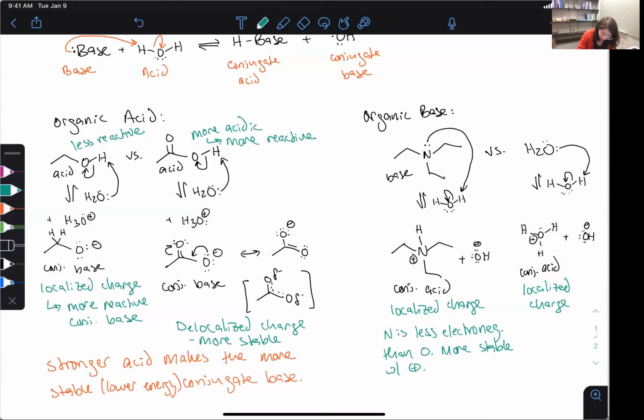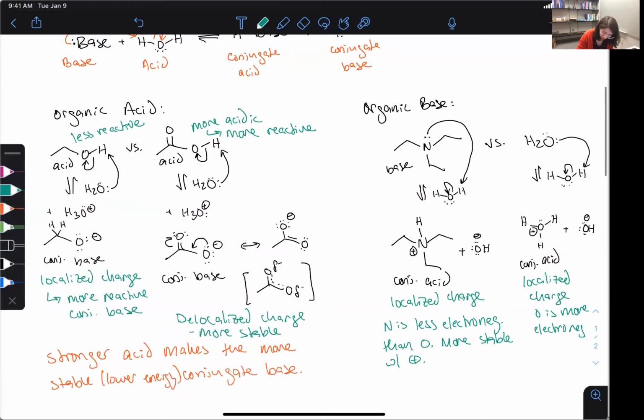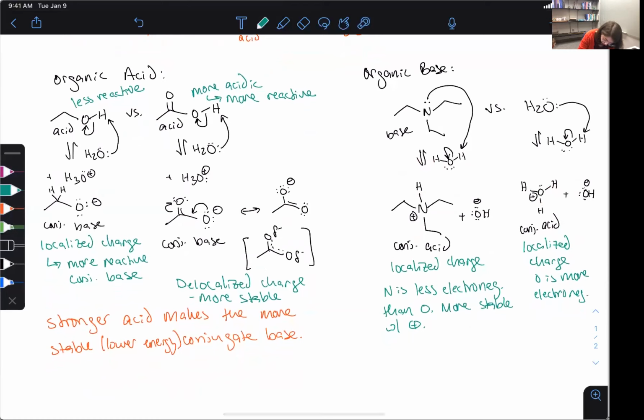Okay, whereas oxygen is more electronegative. So that's going to be less stable with a positive charge. Okay, so this is more basic. This is less basic,